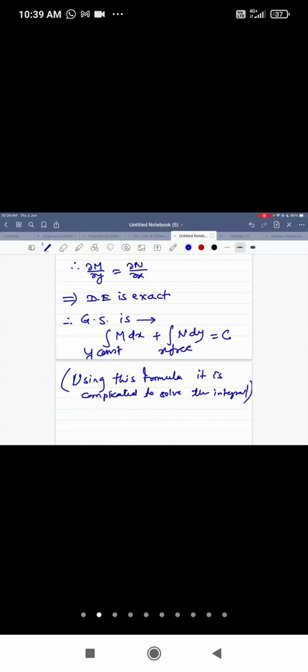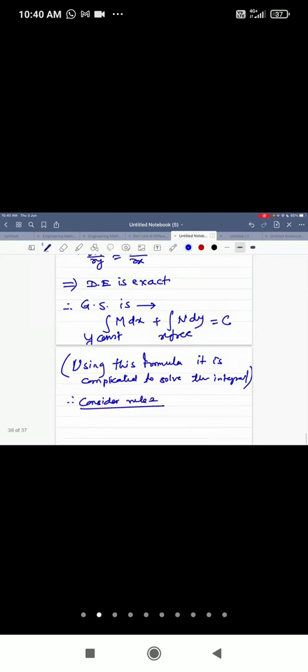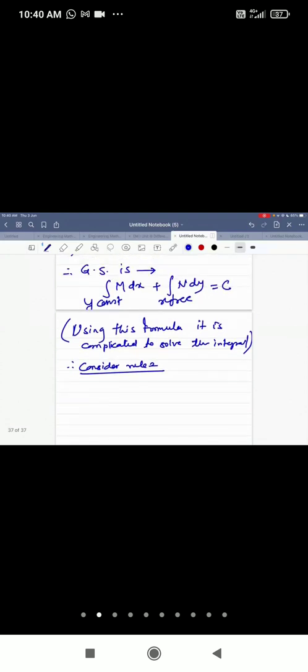Okay. So now we'll try rule 2. As I told you, in most cases rule 1 works. Hardly 1 or 2 problems are there where you have to use rule 2. Write N in place of M and dy in place of dx. Here y is constant, so below we will write x constant. Okay, it is very simple. And plus integral of M dx with y free equals c.